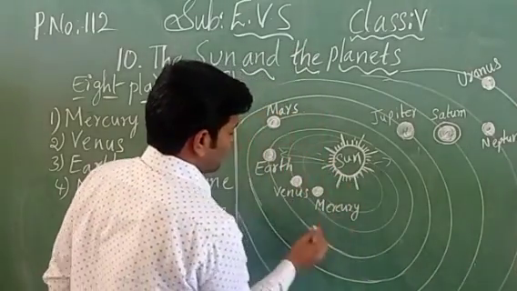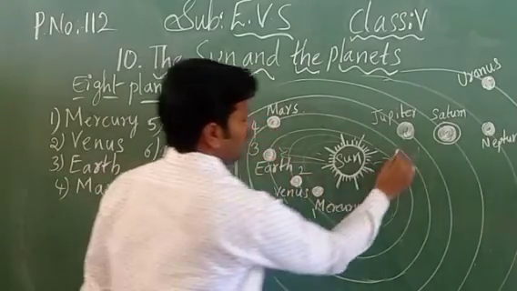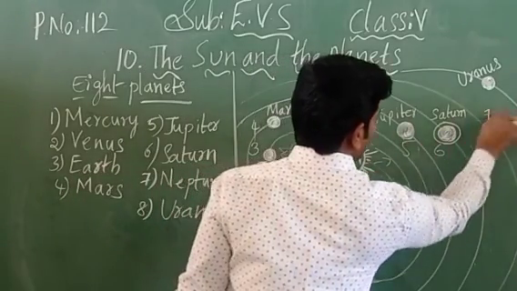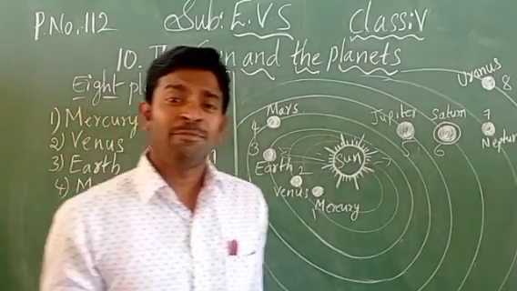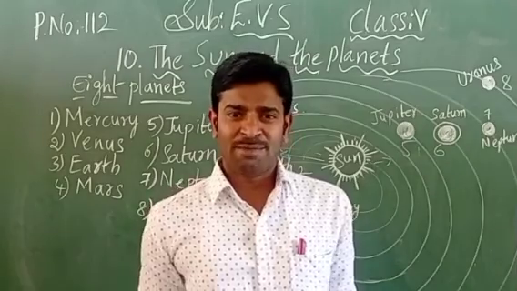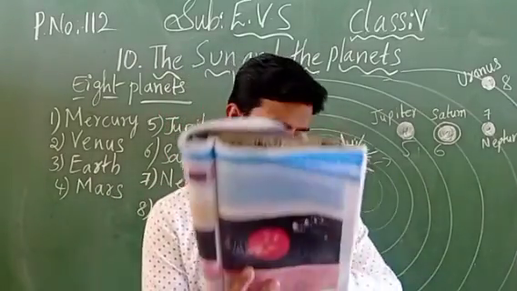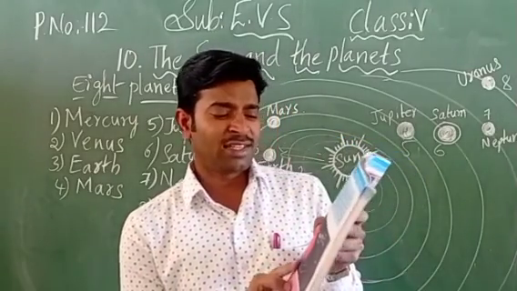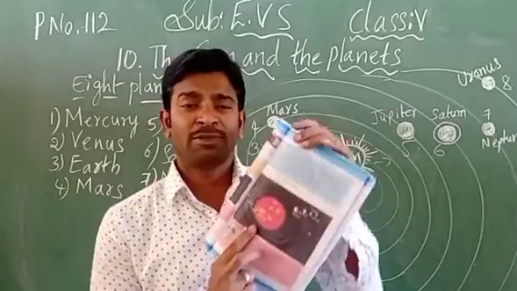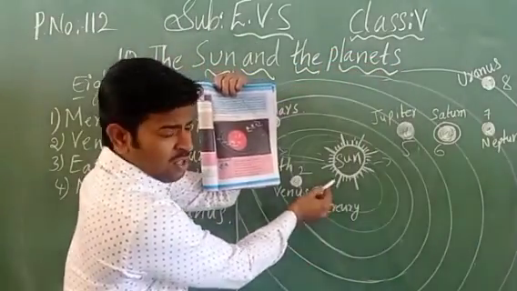Okay. These 8 planets here. 1, 2, 3 and 4. 5, 6, 7 and this is 8. How many in total? How many planets are there, children? There are 8 planets in our solar system. Okay. Now, the sun and the 8 planets. Here the diagram is shown. Are you able to see the diagram? Yes. So this is the solar system. In the solar system, what is present? The sun is present. In the same way I have drawn on the blackboard, no? Yes, right.